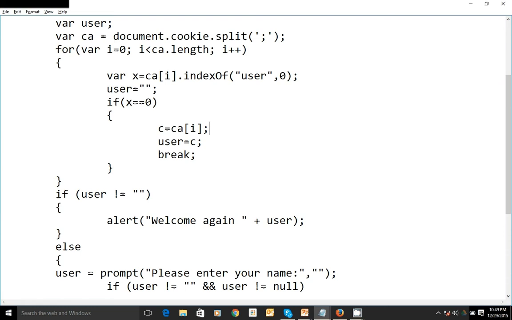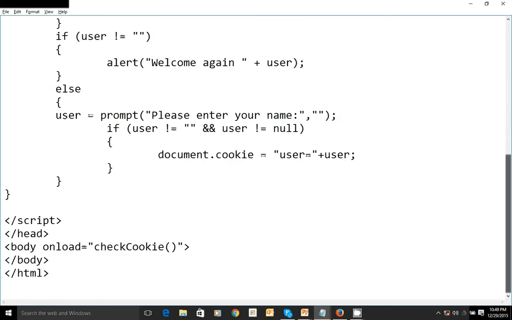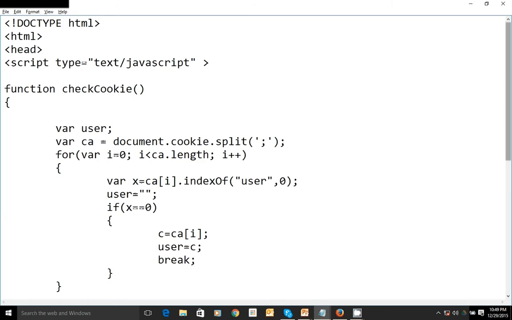Here in this HTML page, when you load this HTML document, we call a function called checkCookie. When you invoke this checkCookie function, we are going to gather all the cookies. Using document.cookie we can get the cookies which are there in the browser. In a browser there are a lot more cookies.